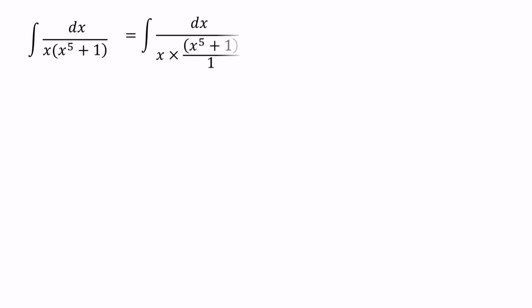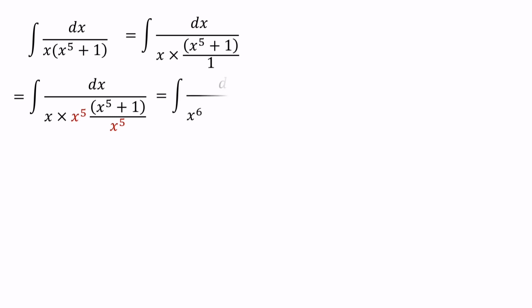As the first step, we can multiply the denominator and numerator of x to the power of 5 plus 1 by x to the power of 5. Then we can write x into x to the power of 5 as x to the power of 6, and we can divide x to the power of 5 plus 1 by x to the power of 5. Then we can get